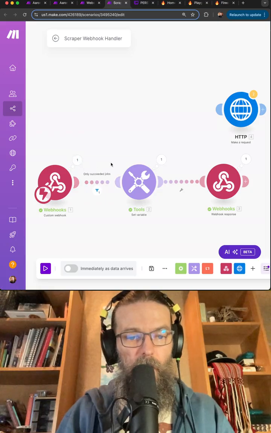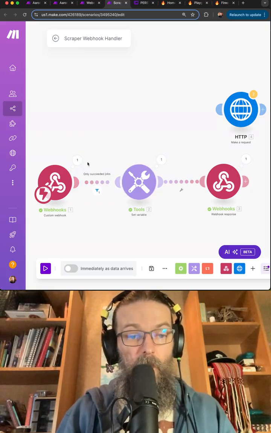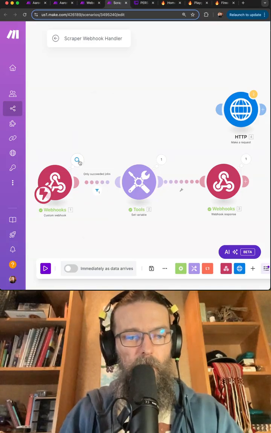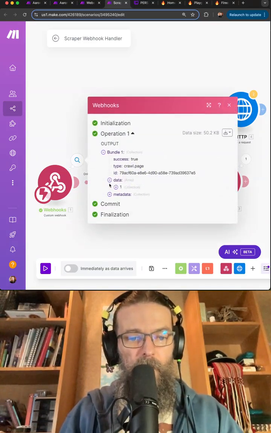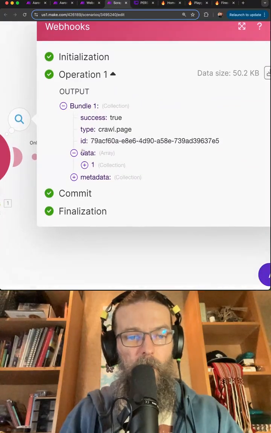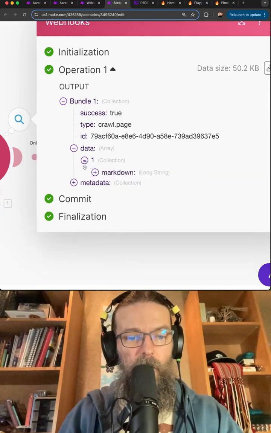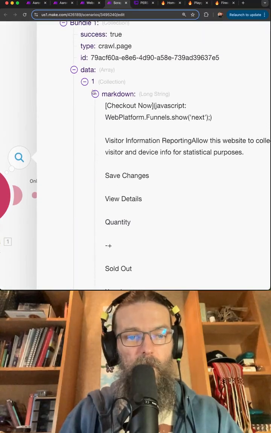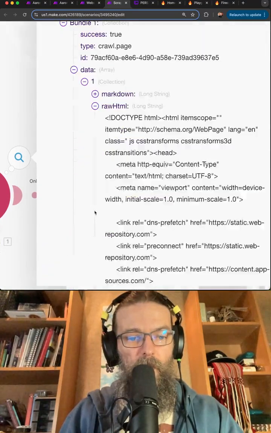So we can see there's a little bubble on each of these. We set up that webhook to listen, and now it has caught, if you will. It has been triggered by that third-party system. And we can see in the data, let me bump that up a little bit. If we go in and have a look now, the output from our webhook node is, we've got some data in here, one item, and we've got the option between the markdown, the raw HTML,